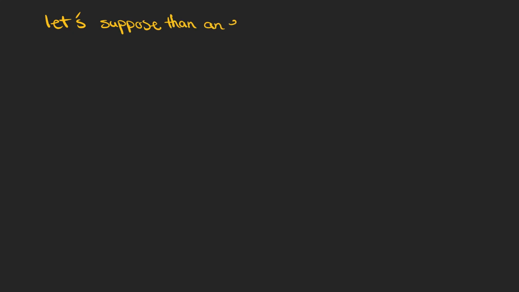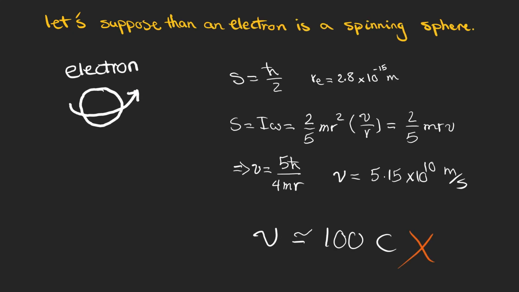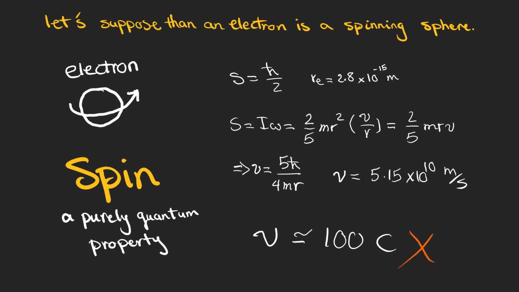If we suppose that an electron is spinning like the Earth, we face a speed that violates the laws of physics based on Einstein's theory of relativity. We know that nothing can move faster than the speed of light, but considering an electron to be a sphere-like Earth causes such a problem, and that's why you shouldn't think of an electron as a spinning sphere when we talk about spin. Actually, a spin is an intrinsic property of some particles that is a purely quantum concept, and there is no classical equivalent.